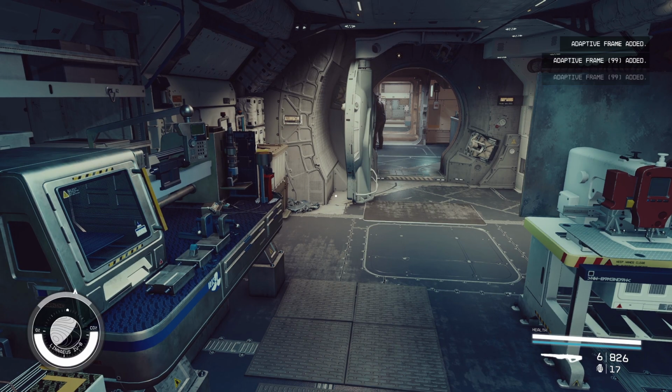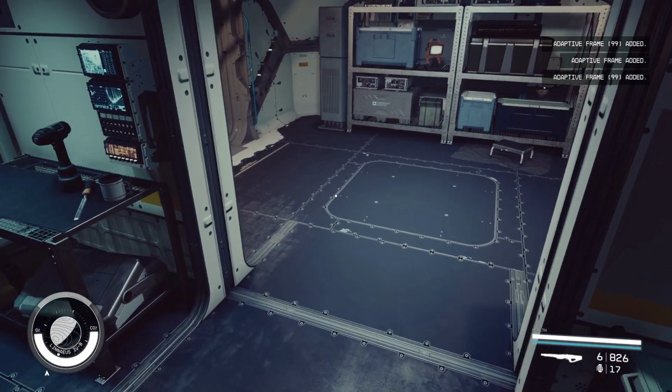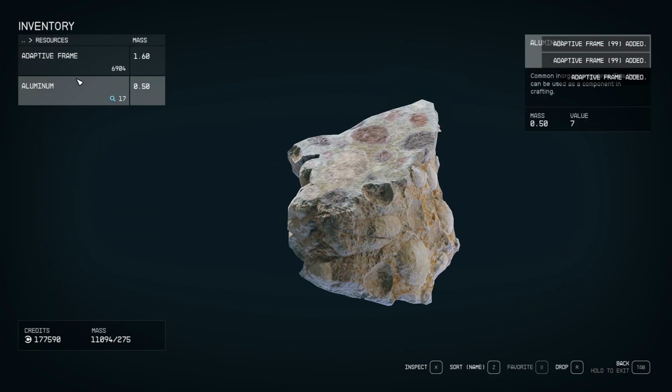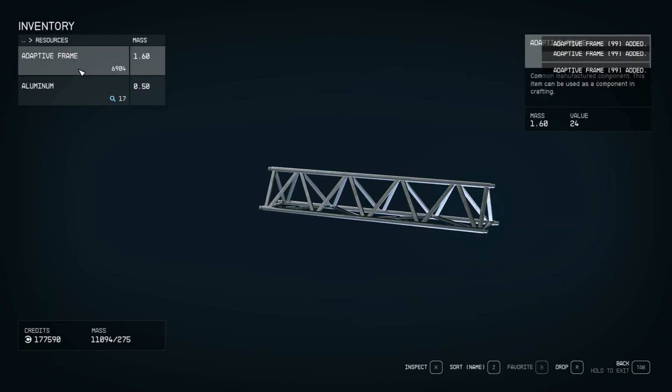Yeah, that's pretty cool. So, what did we come up with? We came up with a total of 6,900 frames. Wow. So they sell for, I think they sell for three each. So I mean, if you're interested, you can make a pretty little penny running them back,